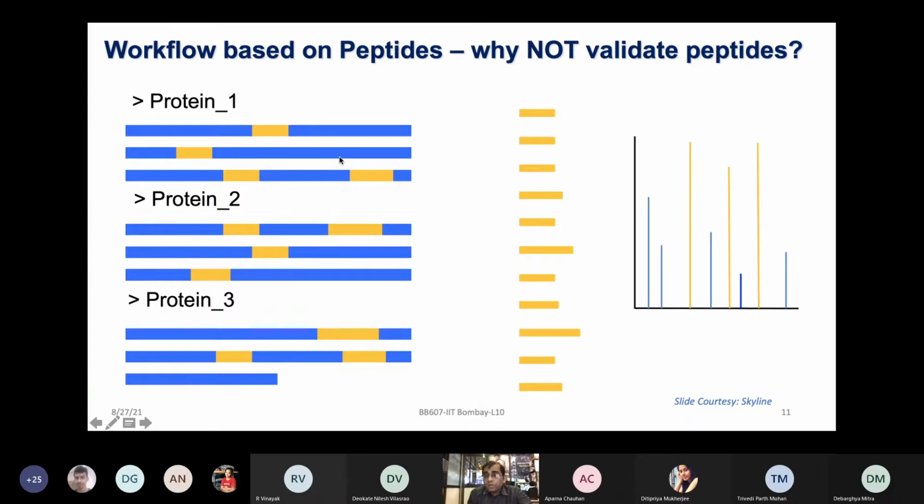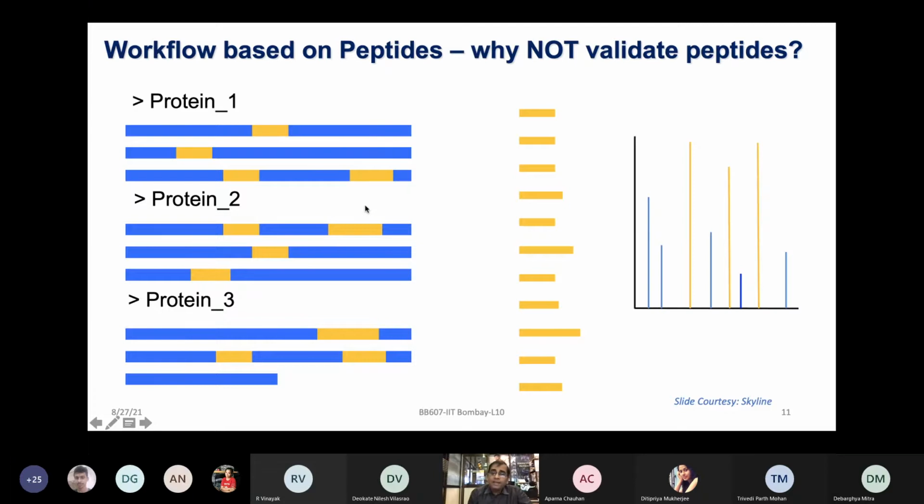So now your proteomics work, or the mass spec work, has only given you these 4 peptides, not the complete sequence of the protein. Now, why do you need to validate the complete protein sequence? Because that will also lead you to ambiguity, because it is not going to give you the complete expression from this part and all the other regions.